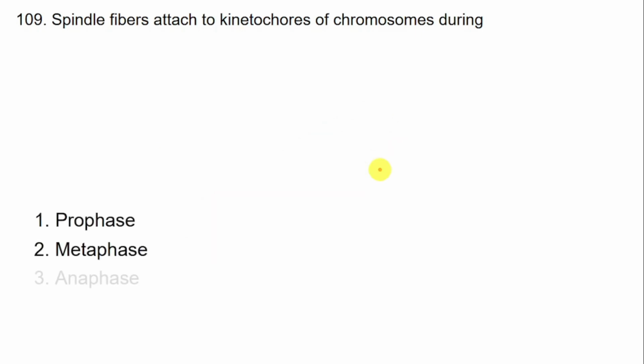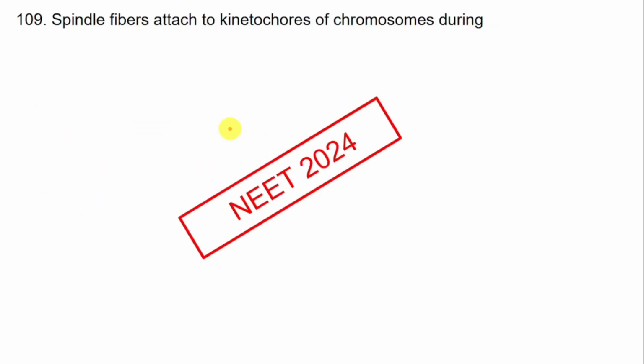This question was asked. So see, the role of spindle fiber in the earlier question was to separate chromosome. But in order to separate, you need to first align it on the metaphase plate, on the equator. And for that, the attachment of spindle fiber to chromosome actually happens in metaphase. So many times the students are under the impression that the separation happens in anaphase. So spindle fibers attach to kinetochores during anaphase. This is incorrect.